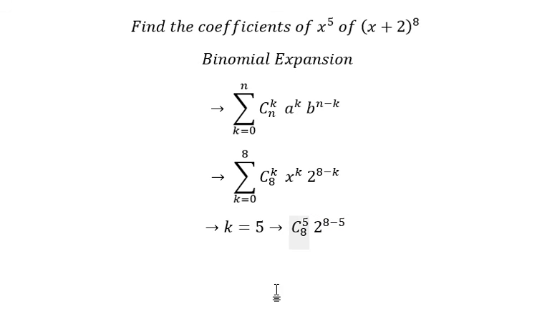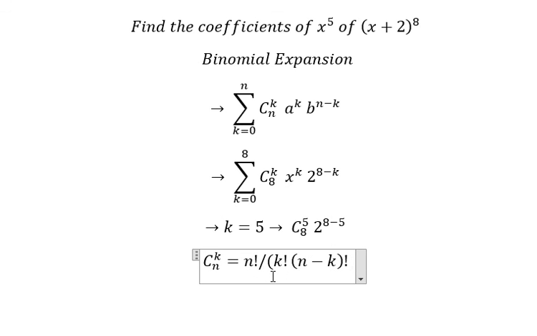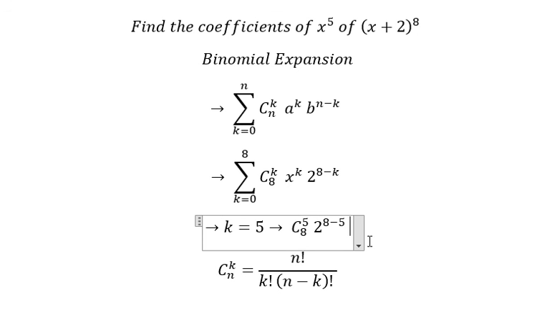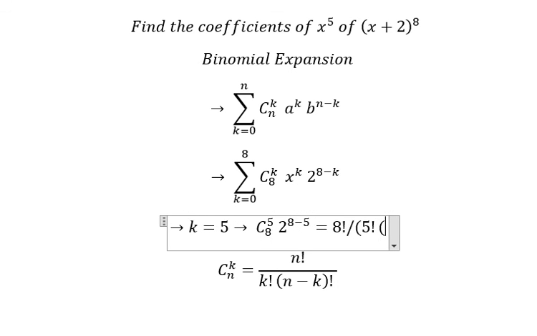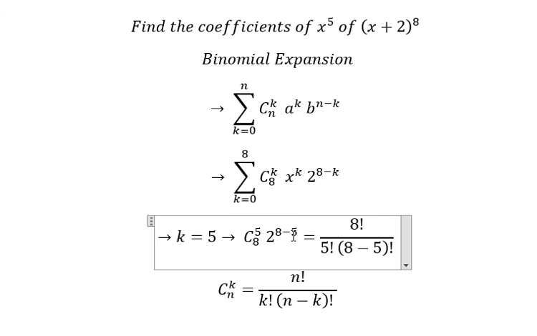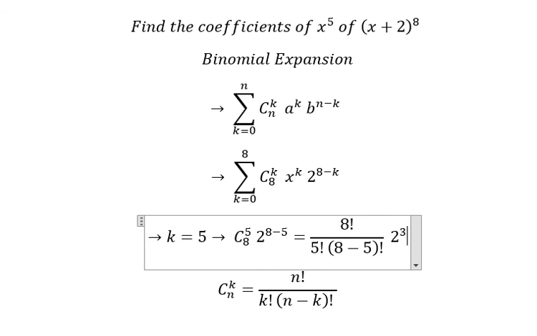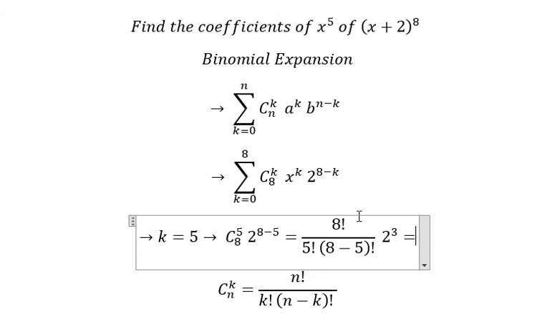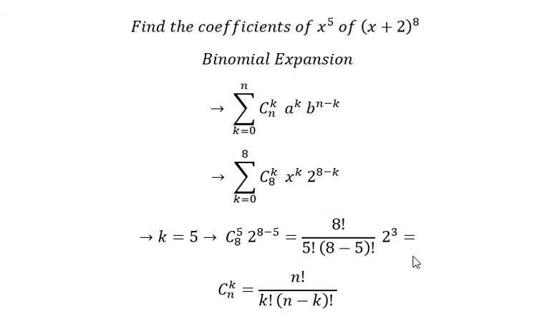About the combination, we have the formula in here. That should be n factorial over k factorial multiplied by n minus k factorial. So for this one, that is 8 factorial over 5 factorial multiplied by 8 minus 5 factorial in here. 8 minus 5, we have 3. So we calculate this one and we have